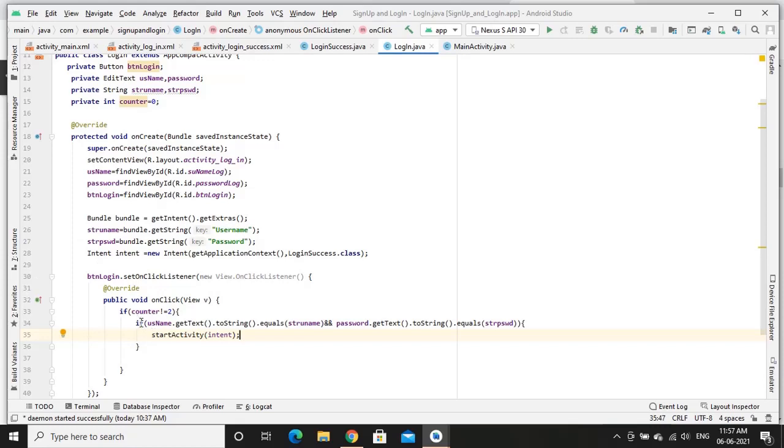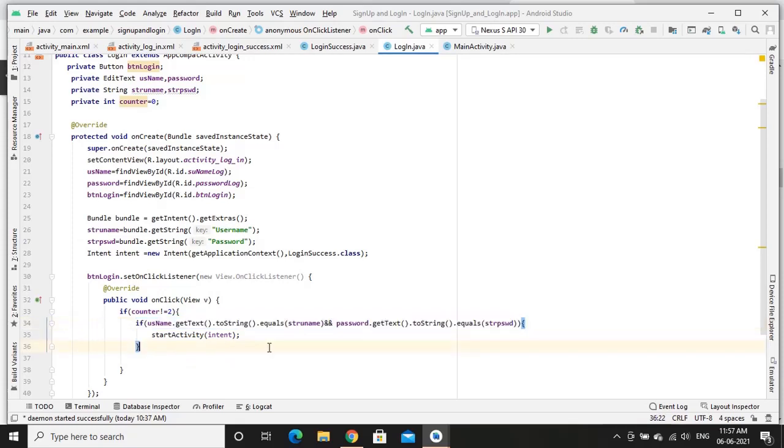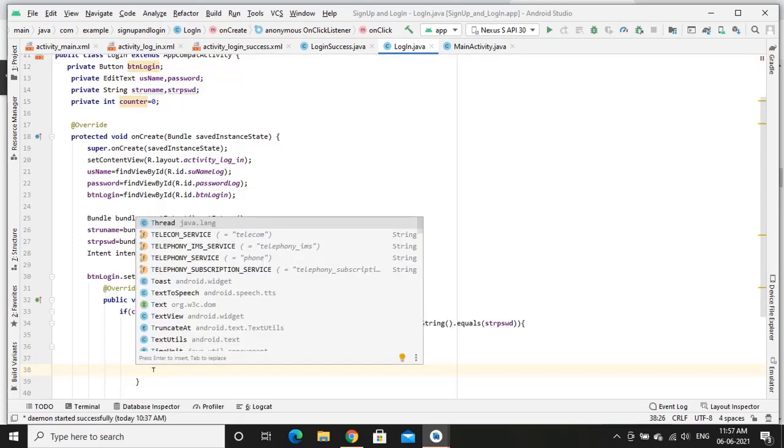If this is not the case, if at all this is not matching, then else I need to provide a toast message saying that username and password is invalid.